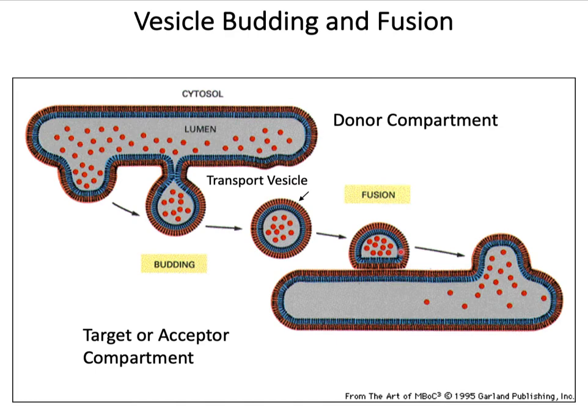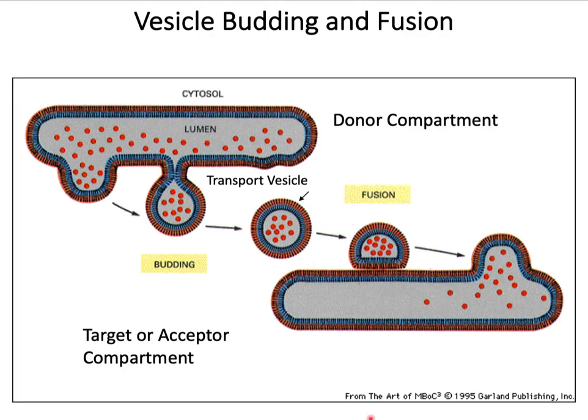It must fuse with the correct target compartment. So a vesicle that buds from the ER has to fuse with the Golgi. So how does the cell know it has to fuse with the Golgi, and how does the cell prevent the vesicle from fusing with lysosomes or other organelles in the cell? In the last part of this topic, we'll talk about the molecular mechanism that regulates the specificity of this vesicle